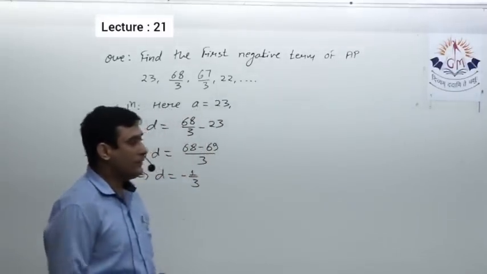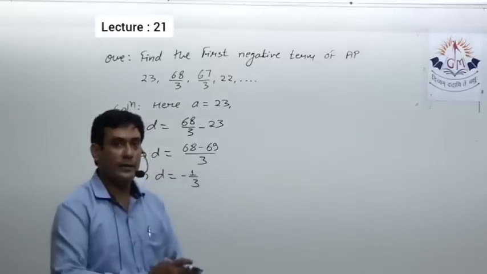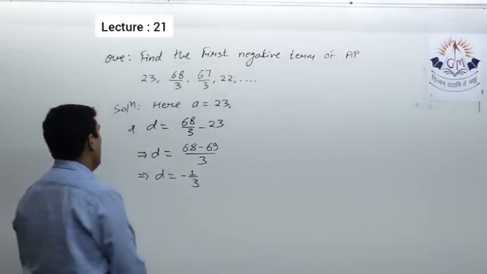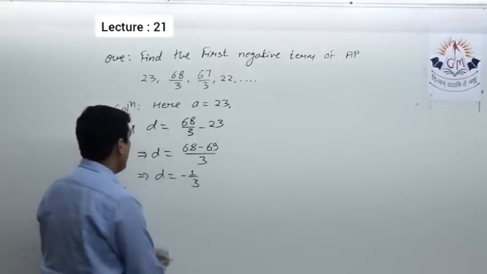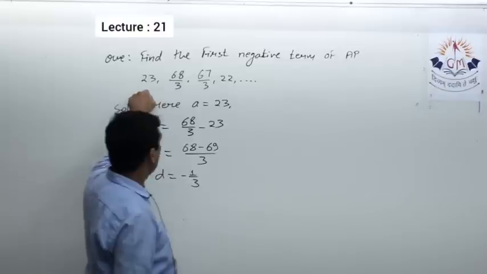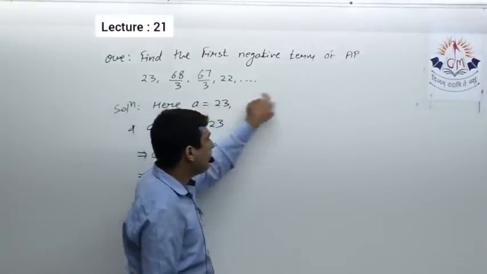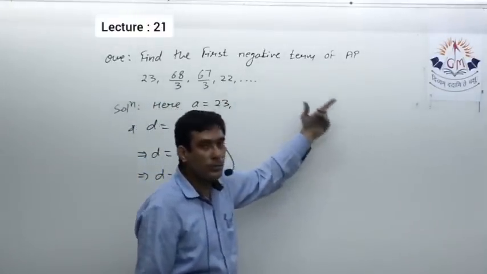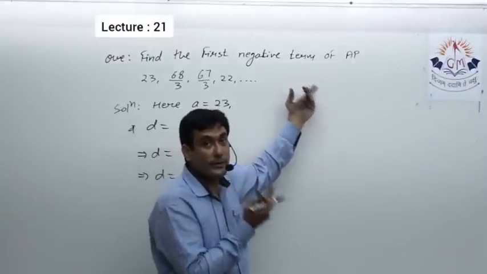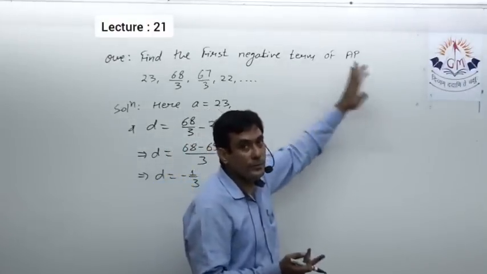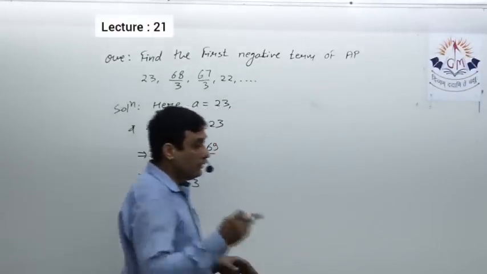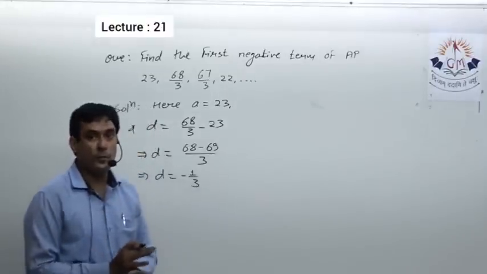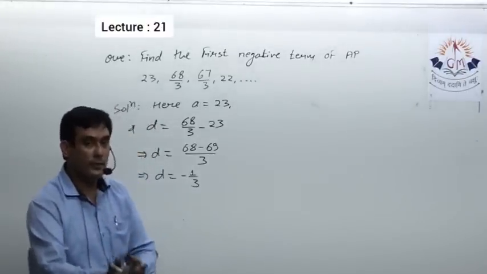But if it starts from the 0, obviously we can say the very second term will be the negative term. After 0, the second term will be negative, but here it starts from the positive. So after all positive terms there might be a 0 and then negative, and it is also possible that this AP does not contain 0. Now I think how is it possible? It should go up to 0, then after negative.